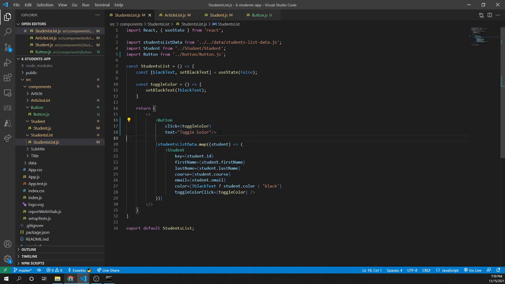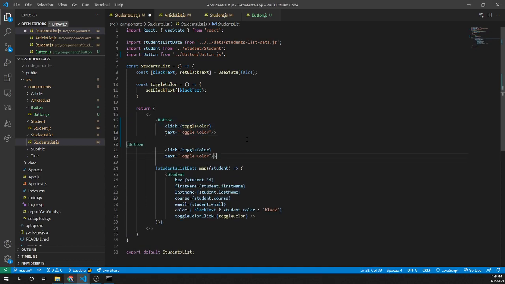Let's copy this button. And let's change the text to, let's say, no, show students for the moment. So I have show students here,